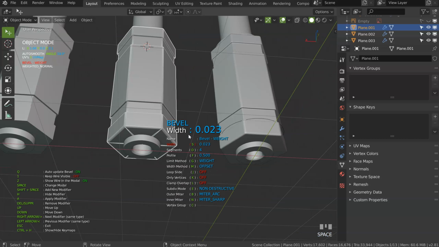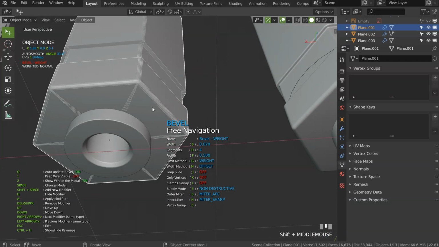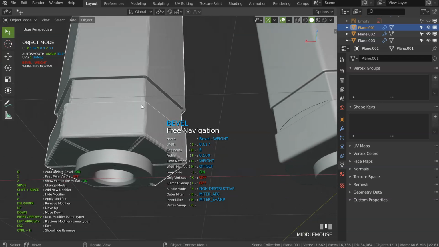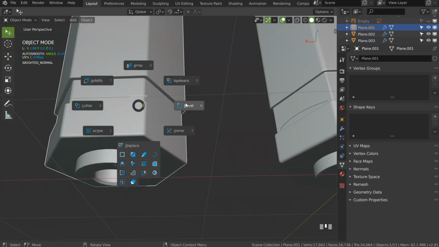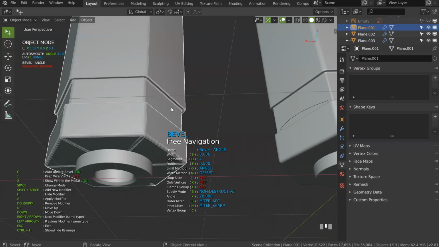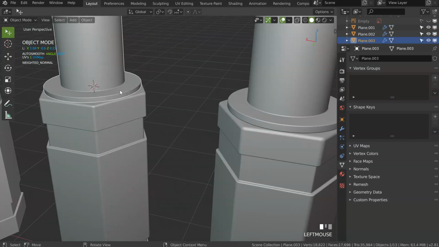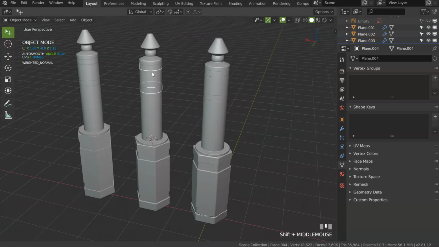So add a bevel. I like to use SpeedFlow. I will press G because it's easier for me to edit my bevel since I'm using a pen. With the mouse wheel this is correct, but with a pen to add some segments, etc. this is complicated. So I will do this, I will apply it, I will add a small bevel, I can press G and apply it too. And that's it, I created this one is okay, this one is okay.